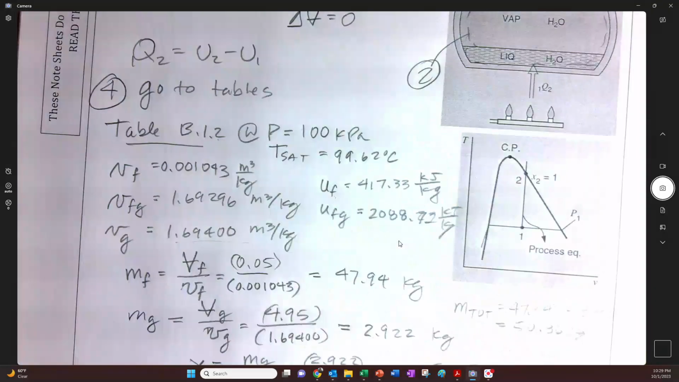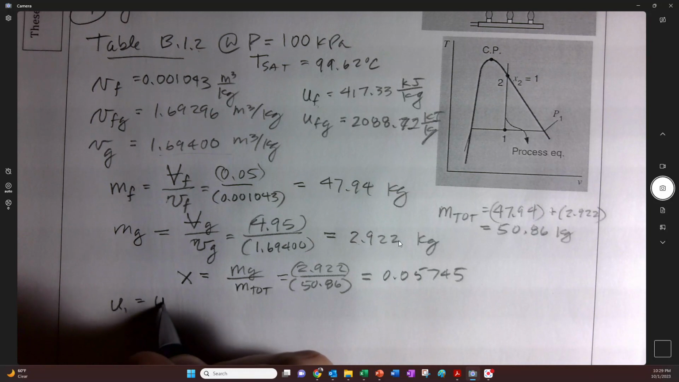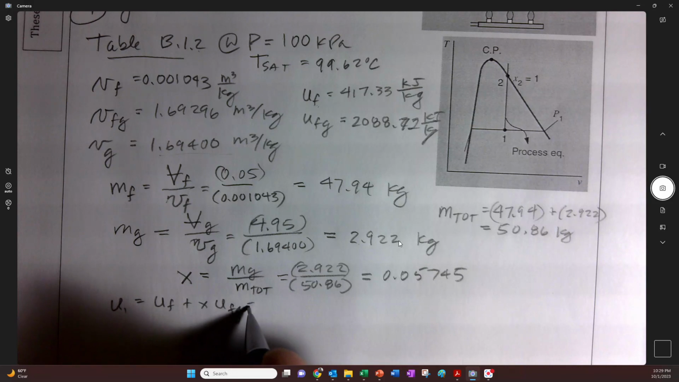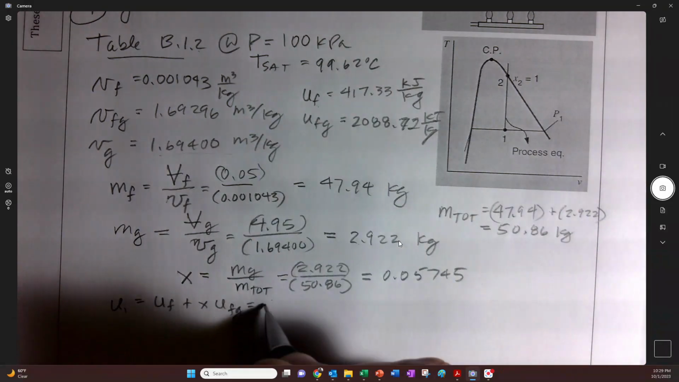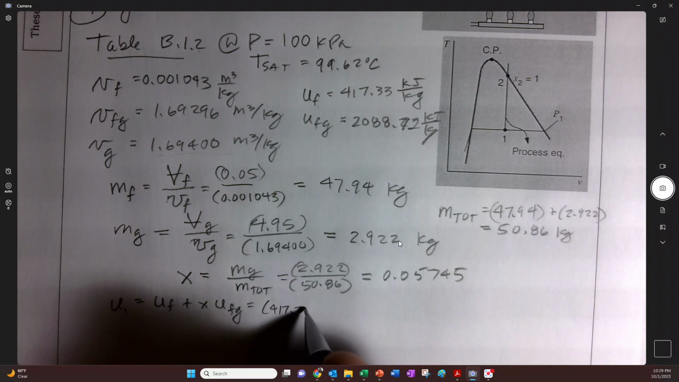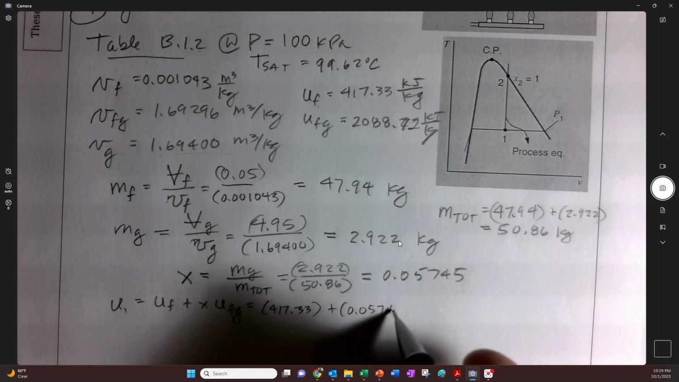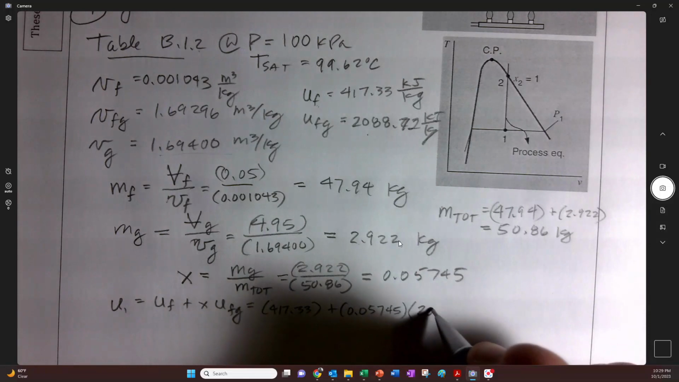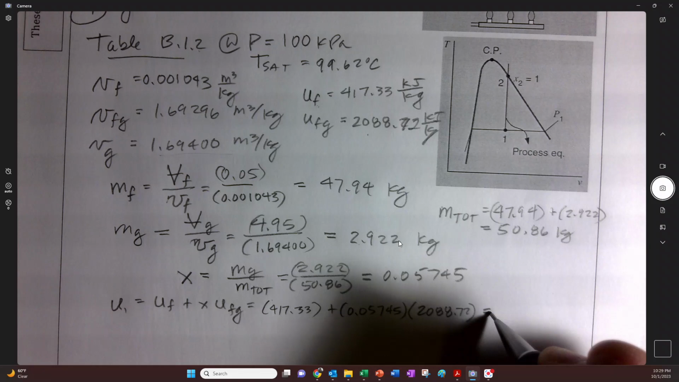With that, we can find out what the internal energy is at state 1. U1 is going to be UF at 1 plus X UFG, because it's a mix. So we go 417.33 plus 0.05745 times 2088.72, and we get an internal energy of,